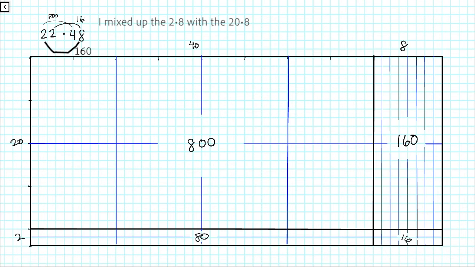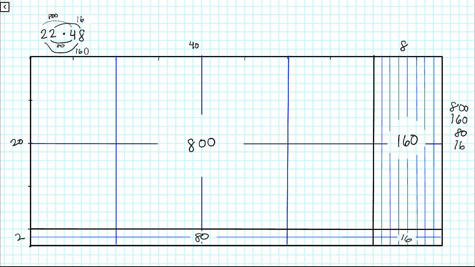And the 80 comes from 2 times 40. 2 times 40 is 80. And the 16 comes from 2 times 8. So my product, 48 times 22, is 800 plus 160 plus 80 plus 16, which is